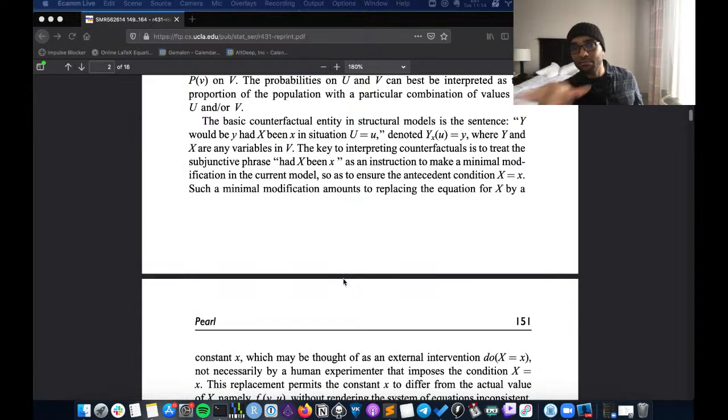Okay, rephrase. The key to interpreting counterfactuals is to treat the subjunctive phrase "had x been x" as an instruction to make a minimal modification to the current model so as to ensure the antecedent condition X equals x. So what does that mean? That means when I ask the question, what would Y have been had X been something, we're just saying that with respect to our model, we just need to change the model as minimally as possible, such that